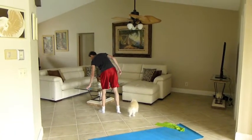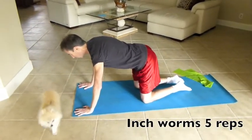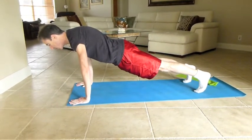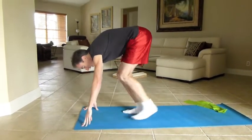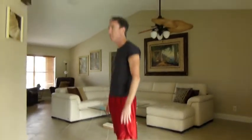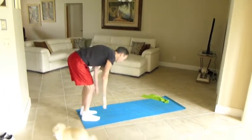Then your third is going to be your inchworm. So now the inchworm, you're going to come up in a push-up position. And then you're going to walk your feet up. I'm a little tight, so I'm going to just bring my hands. And then you're going to come up. I'm going to change it a little bit, make it easier. Then you're going to turn around. I think I'll have you do it that way. And then come down, walk out,